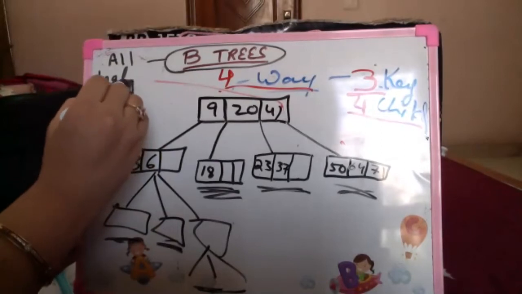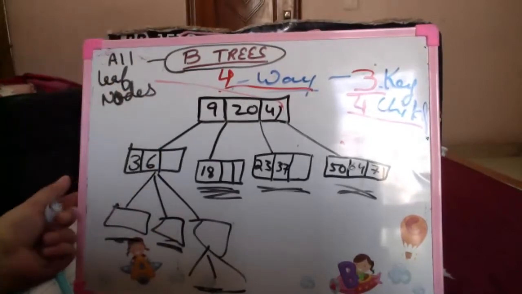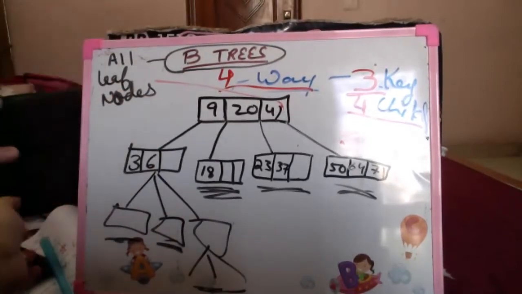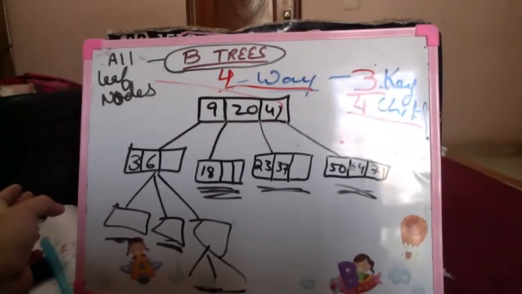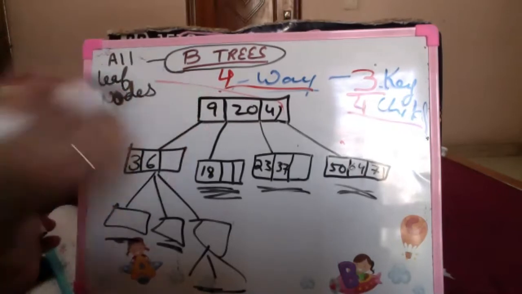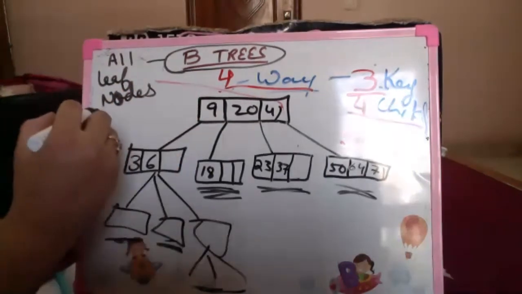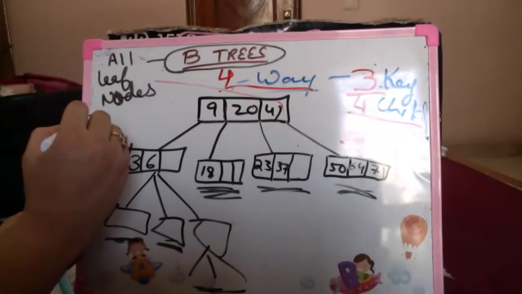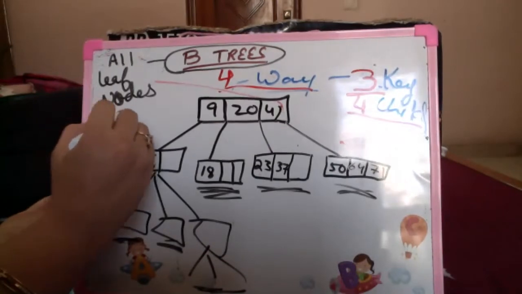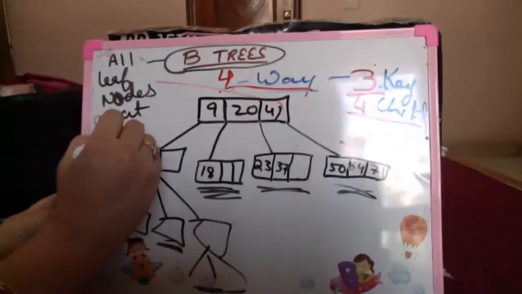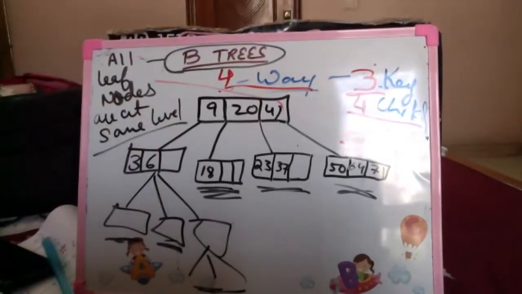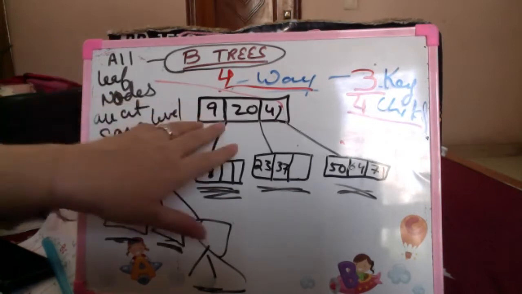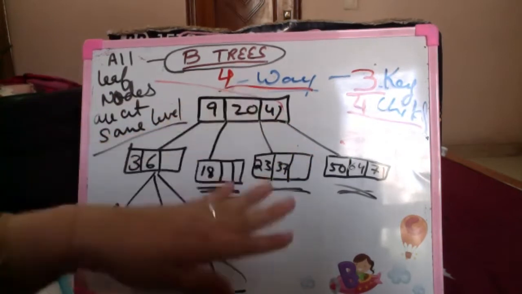We are using a height balanced tree, the same as an AVL tree. The only concept being that an AVL tree is a height balanced binary search tree, while B trees are height balanced M-way trees. So all leaf nodes are at the same level. That is one condition that B trees must follow. There are other conditions that define the key values, which I hope are clear to all.